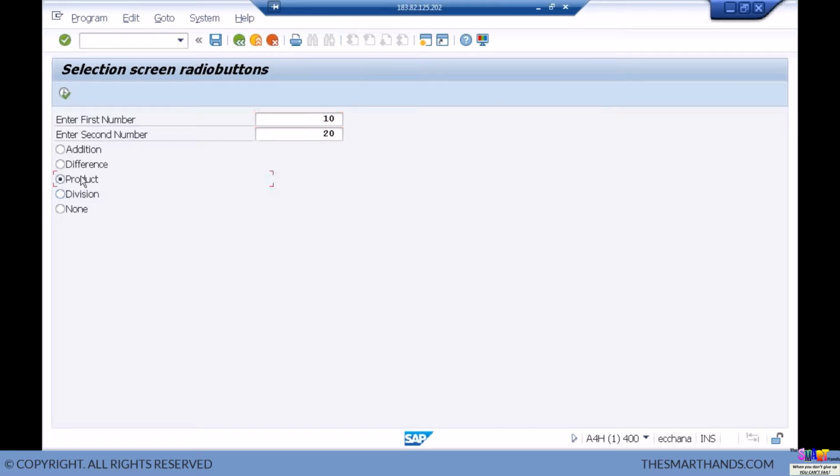I'll select product. So internally, what are the values of the radio buttons? Internally, at this stage, P underscore R1 is space because it is not selected. P underscore R2 is also space. P underscore R3 is what? X. P underscore R4 is space and P underscore R5 is also what? Space. So when I execute,